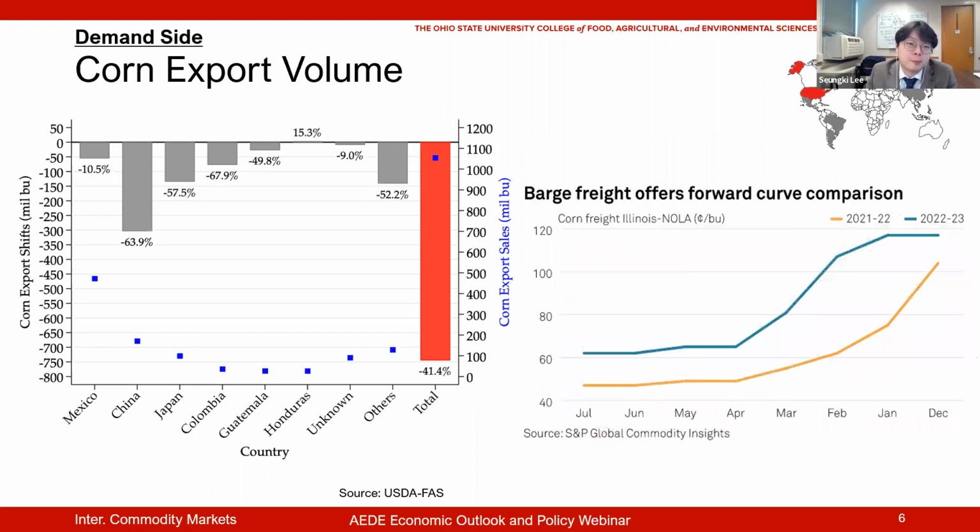And lastly, maybe barge freight. This is basically the transportation cost from Illinois to New Orleans. And as you can see, compared to 2021-22, we had a significantly higher freight rate throughout the year. So this is one reason that we really lost some price competitiveness. Related to that,